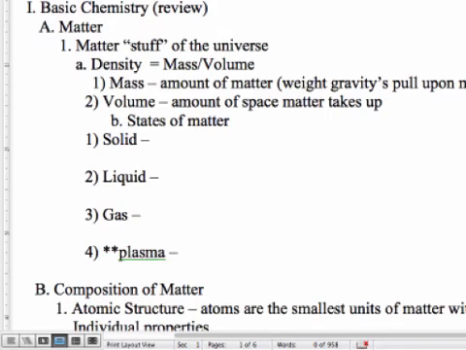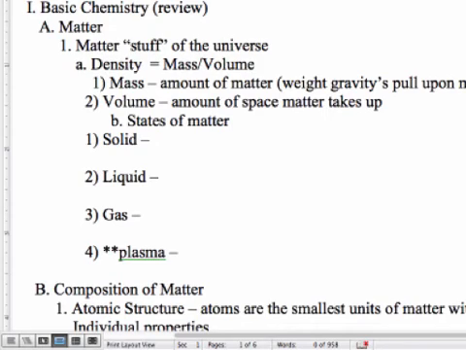Liquids have a definite volume, but they do not have a definite shape. And so when we're looking at their atomic arrangement, they're a little bit more loosely associated. So the atoms can actually kind of slip past one another when they're in that state. Then we get to gas, and gas is way, way more spread out than either one of the other two. Remember, solids are very densely packed atoms. Liquids are fairly dense, but they're allowed a little bit of movement against one another. Gases are really, really spaced out.